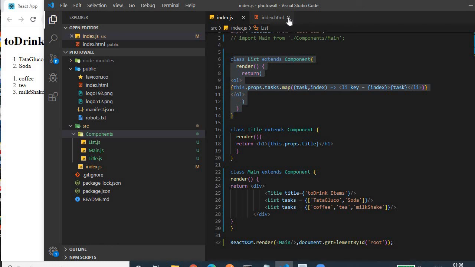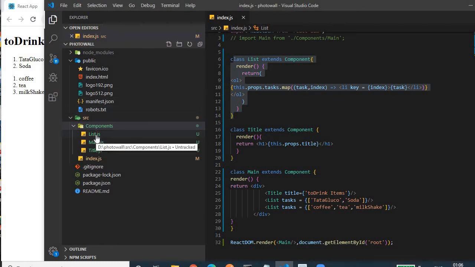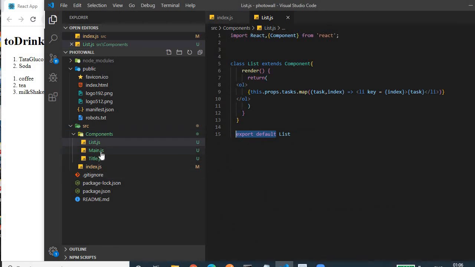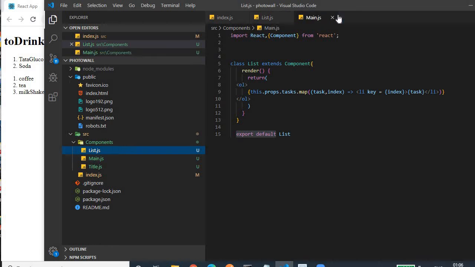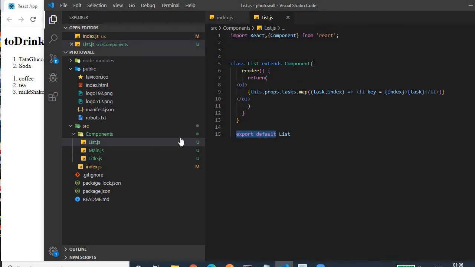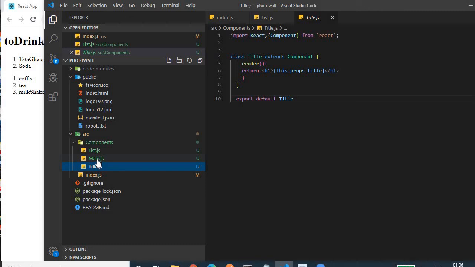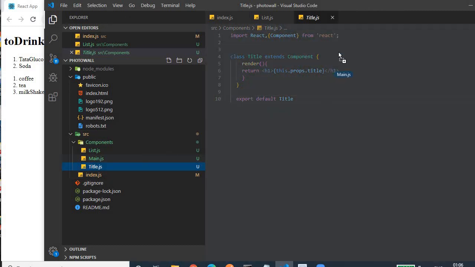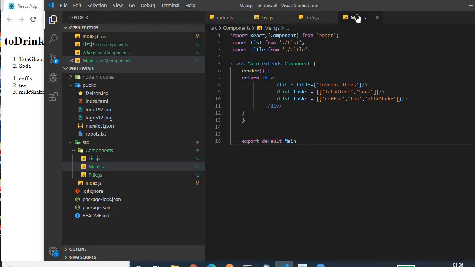Let me open these files one by one. List.js, main.js. Main.js will open later. First list, second title, third main.js.